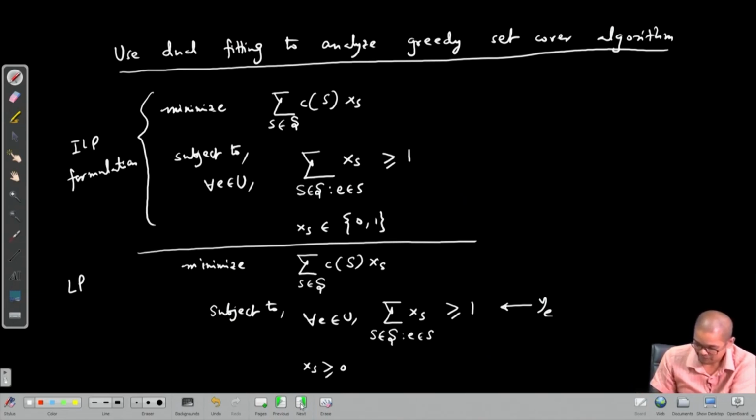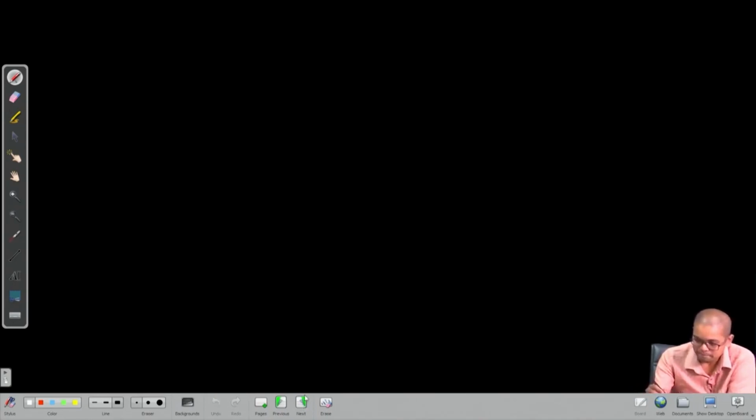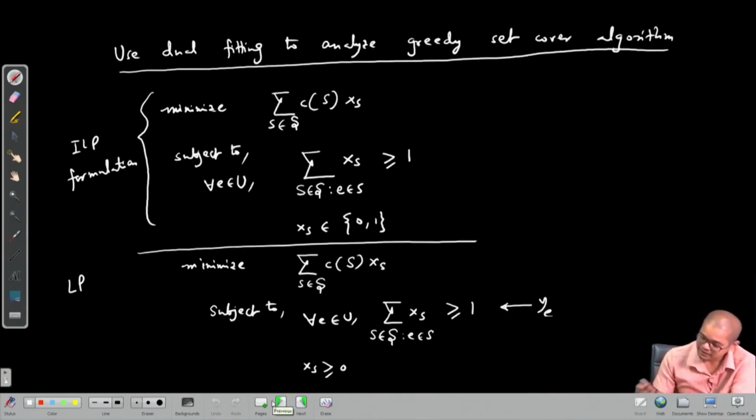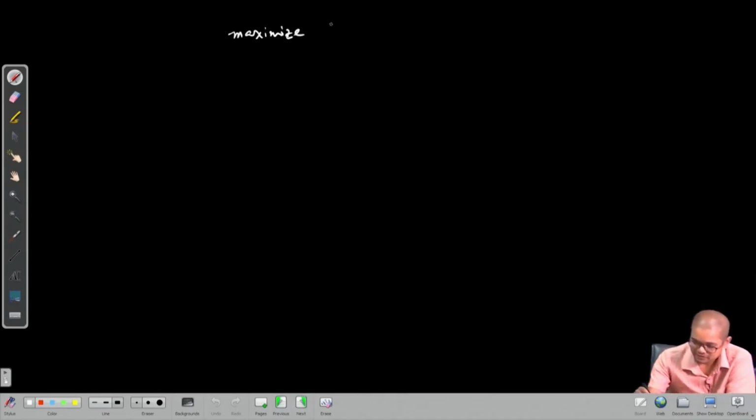So, what is the goal? The goal is to maximize what? I multiply these inequalities and sum all these inequalities, and the right hand side we want to maximize, that is summation e in U y_e subject to